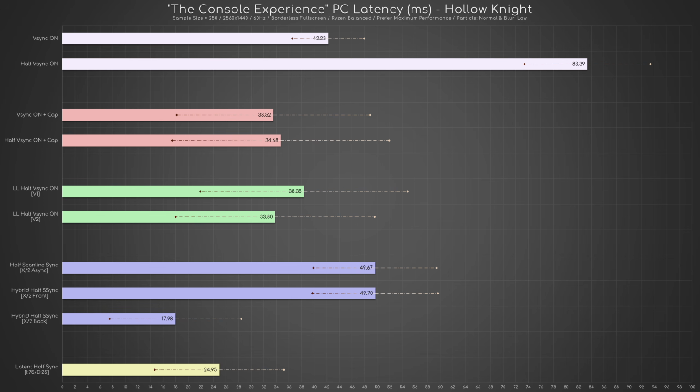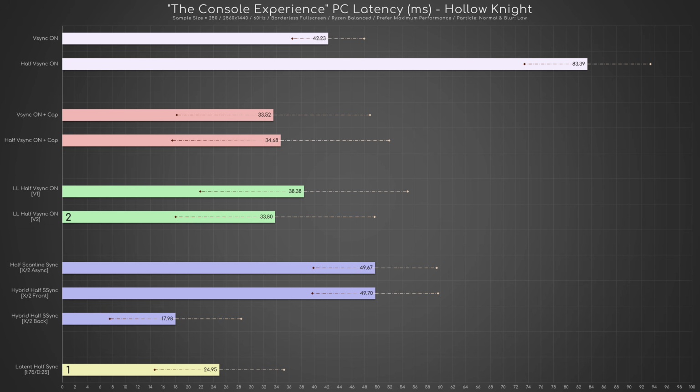Looking at the other half-sync methods, you can see that the ranking is as follows: RTSS hybrid half S-Sync back, SK latent half sync, Vsync On plus 30 FPS cap, and low lag half Vsync On version 2. I will explain later why there are two options. However, I wouldn't use the first and the third method because of the risk of tearing or stuttering, respectively. This means that your best bet is to experiment with latent half sync and LL half Vsync On v2, in